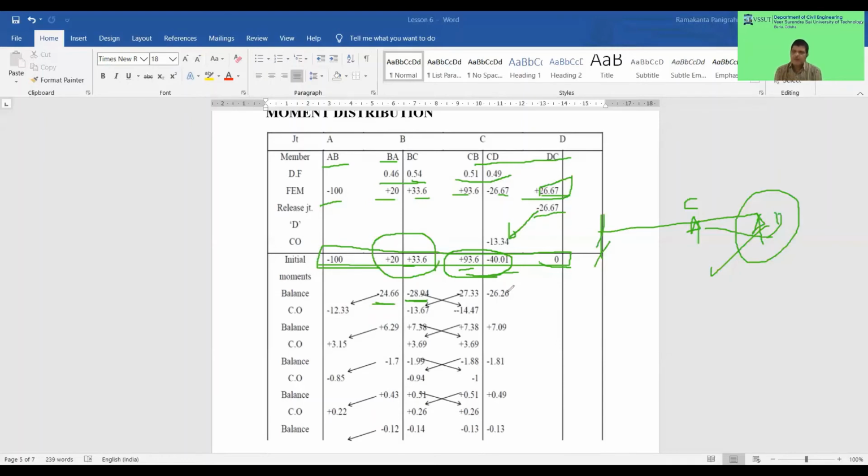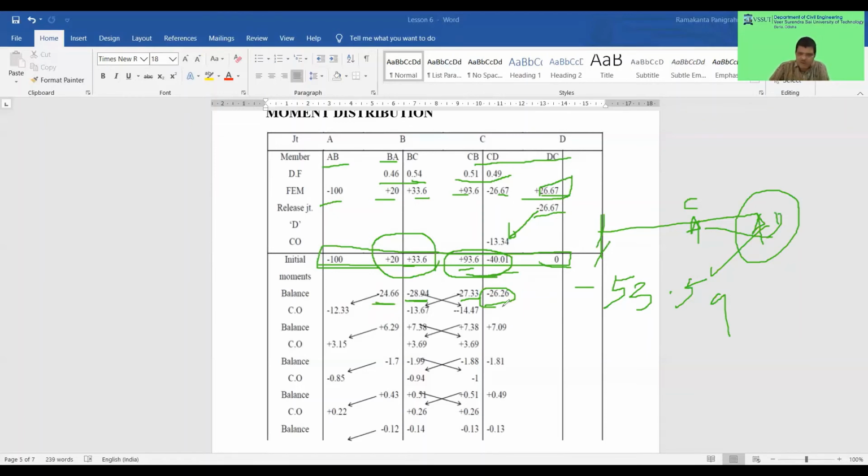So you have to apply minus 53.59. Now minus 53.59 into 0.51 will give this value, and minus 53.59 multiplied by 0.49 will give this value of 46. Let's just add it, it will come 53.5. This is how you will balance the section. So you forget about this. Now the initial value will be this because we have balanced the joints.